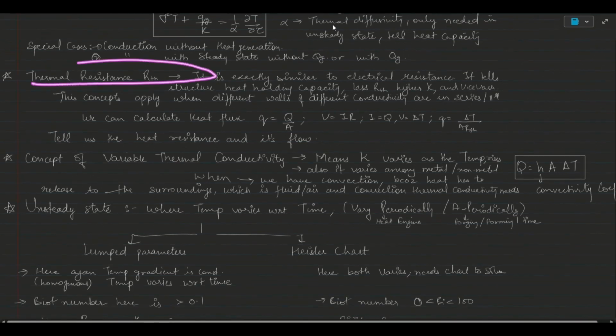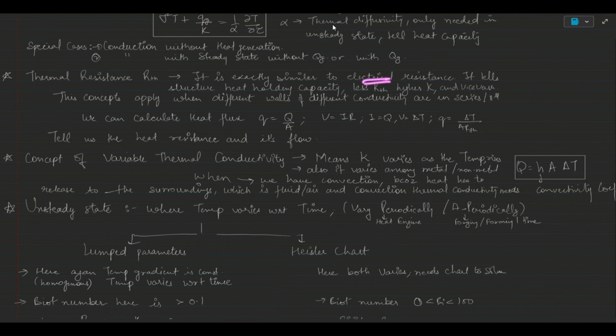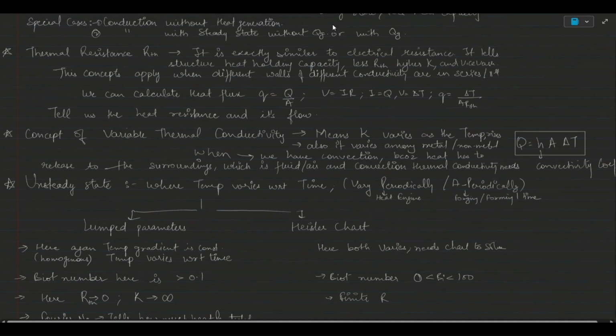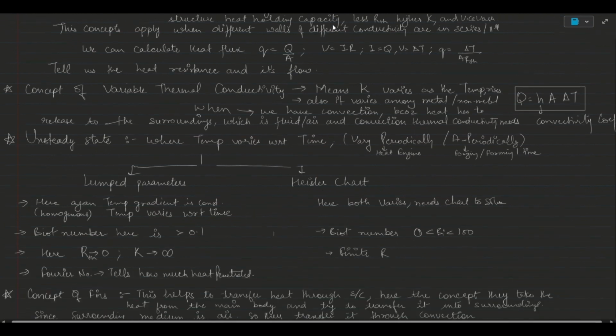Again, thermal resistance. We all know this is a simple resistance that we can easily understand from the electrical side, like electrical resistance. Here we have thermal resistance, which means it's going to restrict our heat flow. The heat is going to be restricted. Why? Because of the thermal resistance of my body. Now, what is heat flux? We all know how much heat flows from a particular unit area, or for a particular area. That's what heat flux is.